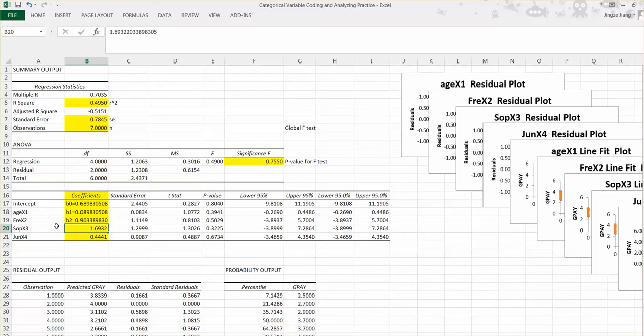And the next one, 1.6932, corresponds to the sophomore X3, so this number is our B3. And the last one, 0.4441, corresponds to junior, and based on the definition, junior is X4, so this corresponds to B4. So the regression equation will be y hat equal to